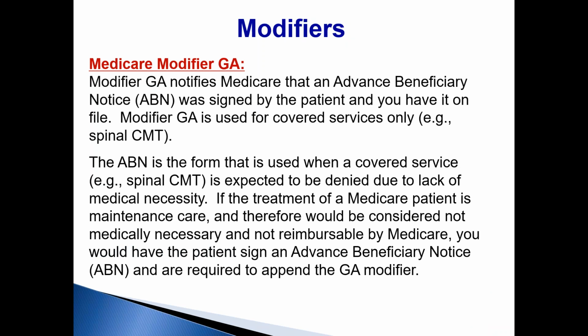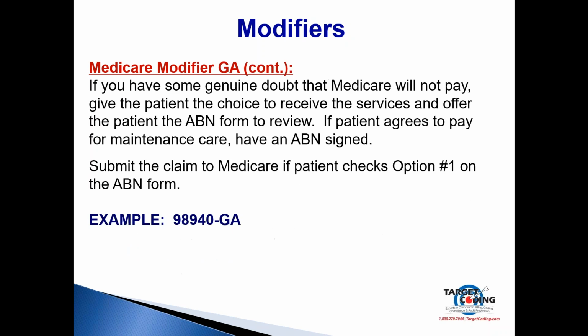Medicare modifier GA. That notifies Medicare that you have a signed ABN form on file. The ABN is used when a normally covered service is now not going to get paid. If you have some genuine doubt that Medicare will not pay, give the patient the choice to receive the services and offer the patient the ABN form to review. If the patient agrees to pay for maintenance care, which is the most common reason to use the ABN form, then have the ABN signed and submit the claim to Medicare if the patient checks option 1 on the ABN form. Example,